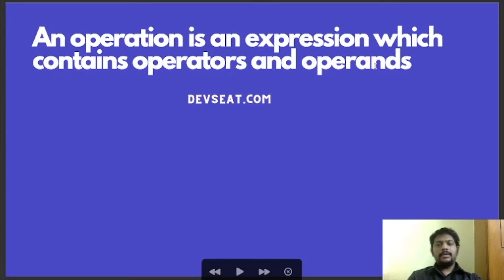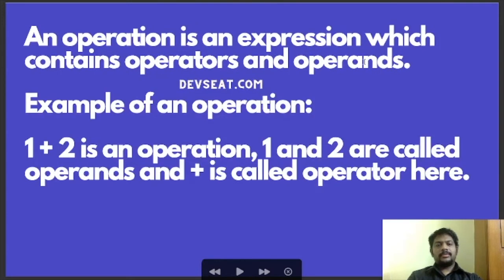An operation is an expression which contains operators and operands. So 1 plus 2 is an operation, where 1 and 2 are called operands and plus is called the operator here.